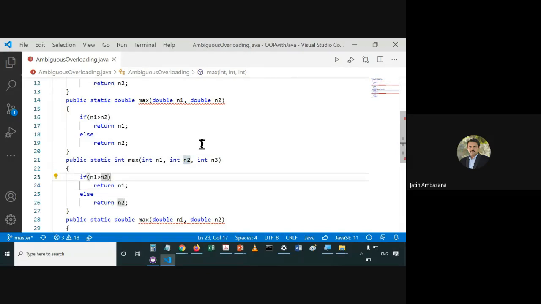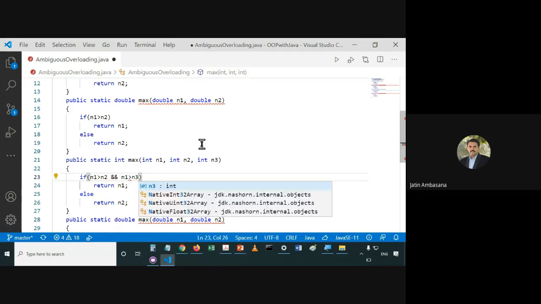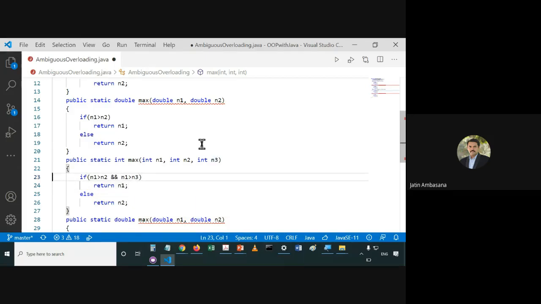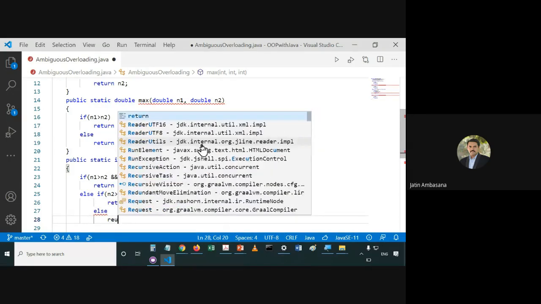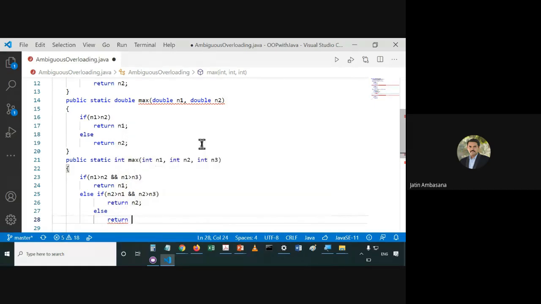So if n1 is greater than n2 and n1 is greater than n3, then return n1, else if n2 is greater than n1 and n2 is greater than n3, then return n2, else return n3. It's as simple as that.